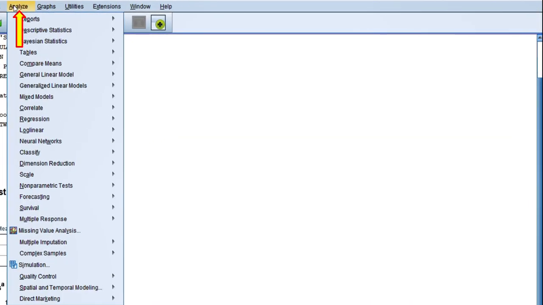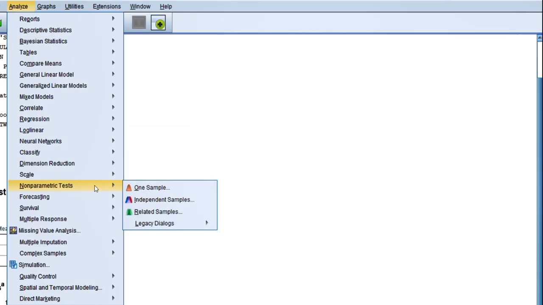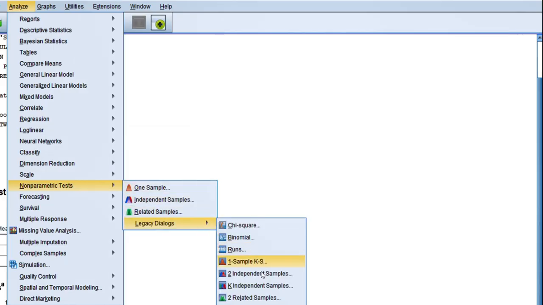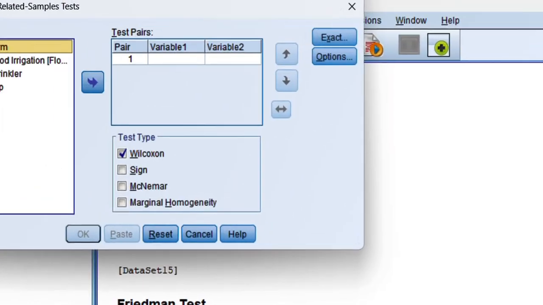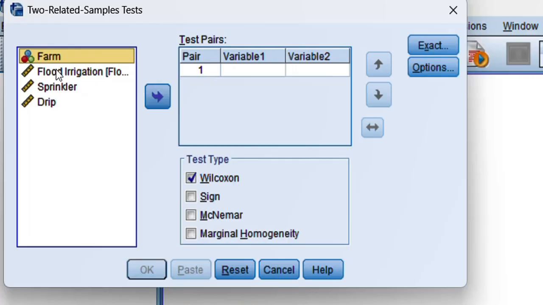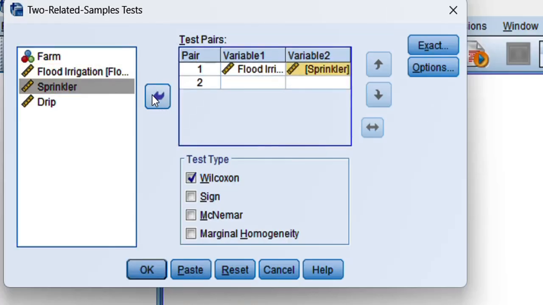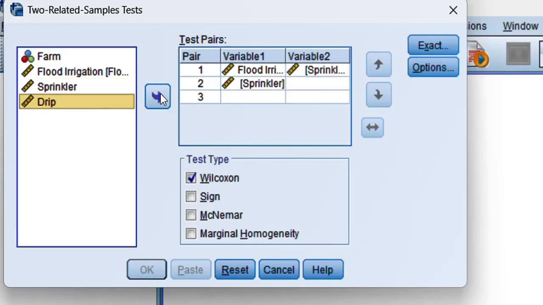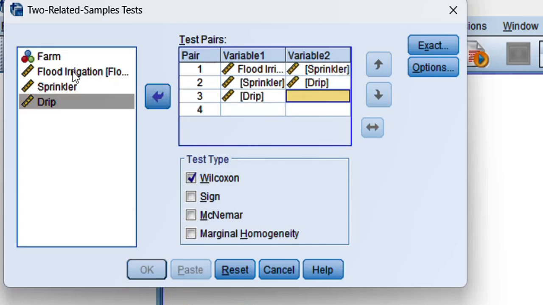Go to Analyze, select Non-parametric Tests, Legacy Dialogs and click on 2 Related Samples. Our pair would be flood irrigation and sprinkler irrigation. In the second case, sprinkler irrigation and drip irrigation. There is one more pair, drip irrigation with flood irrigation. Click on Wilcoxon and press OK.